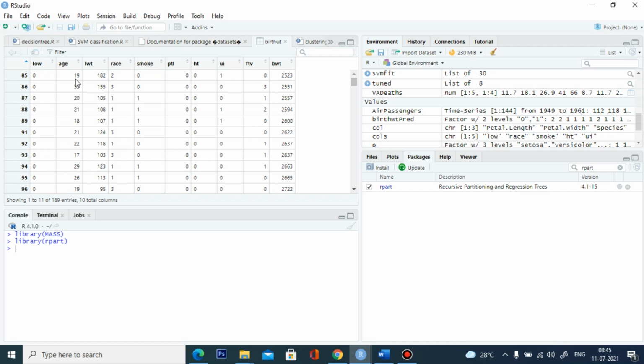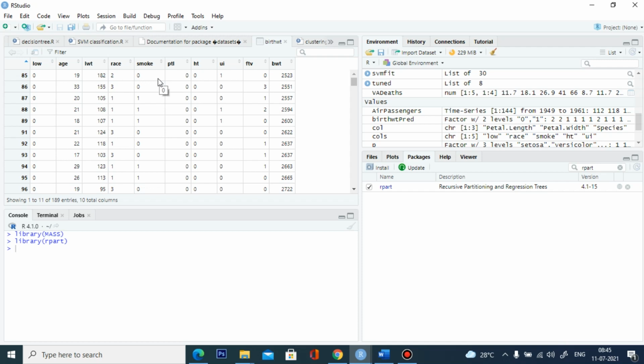The age is nothing but the mother's age. LWT is the mother's weight at the last menstrual period, in pounds. And race is whether the parent is white, black or brown. The smoke variable is whether the parent was smoking during the pregnancy or not.